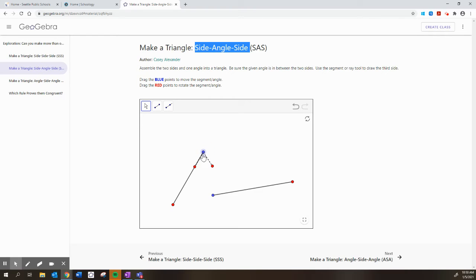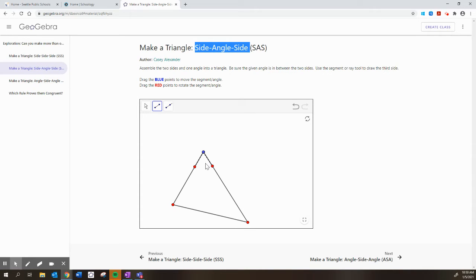So that angle kind of just tells me what direction they're going. And then I'll take the same one, or I'll take this other angle, and I'll line it up on the other side of that angle. But notice that I have a side, and then the angle that's between them, and then the other side. Now, I don't have a full triangle yet, but if I use my segment tool, I can draw the third